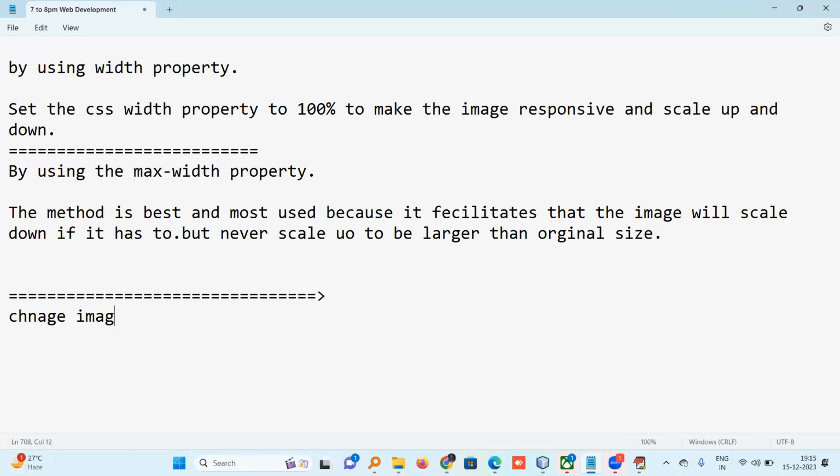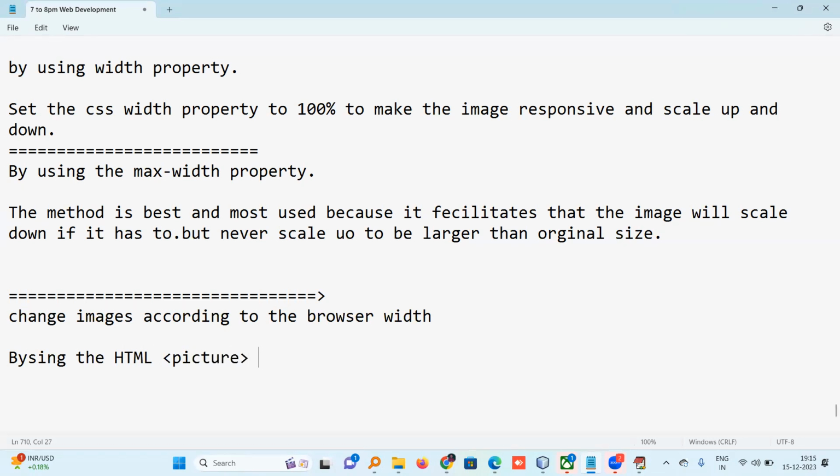Change images according to the browser width. How will it be set? I'm going to show that by using the HTML picture element, that is the picture tag. By using the HTML picture element or tag,